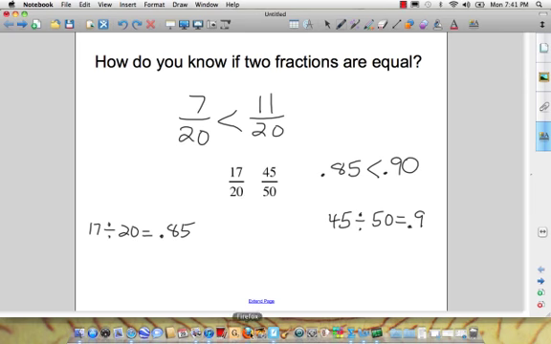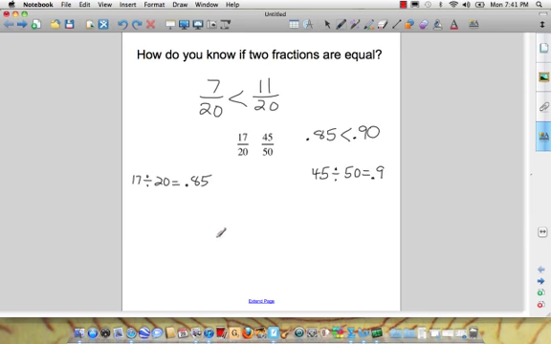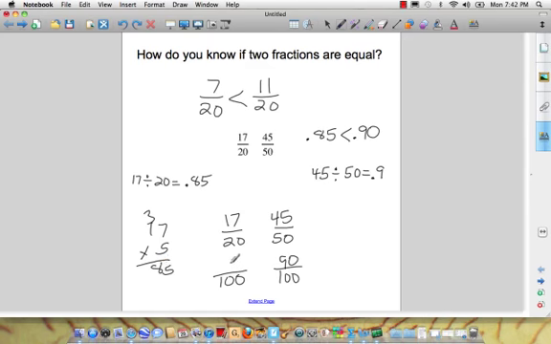45 out of 50. Now, there's another way to approach this, and it involves finding a common denominator. So 17 out of 20 is hard to compare to 45 out of 50 because their denominators are different. So you think about what the common denominator is. In this case, 20 goes into 100, 50 goes into 100. So 50 was doubled. So if I double the 45, I get 90. And 20 had to be multiplied by 5. So 17 times 5, that one might be one that we'd be wise to work out, is 85. Okay, once the denominators are the same, then again, it should be obvious whether they're equal, and if they're not,